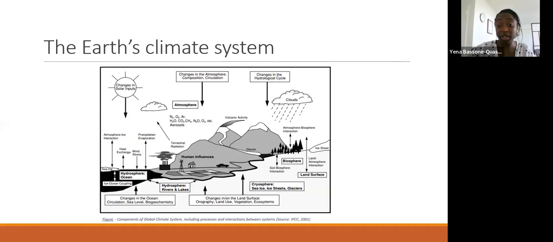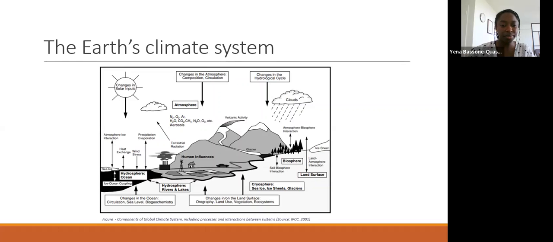And then the biosphere is the last element in the climate system. This has a really important role to play in the chemical composition of the atmosphere, especially because it influences the uptake and release of greenhouse gases. For example, the forests store significant amounts of carbon from carbon dioxide, and so are really important in the carbon cycle and in absorbing excess